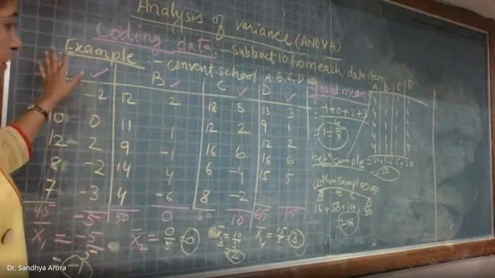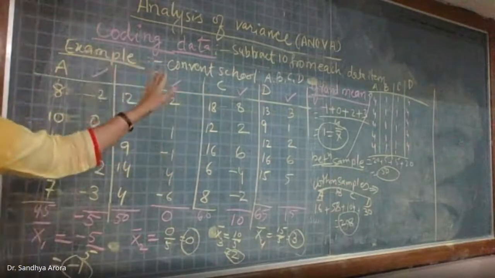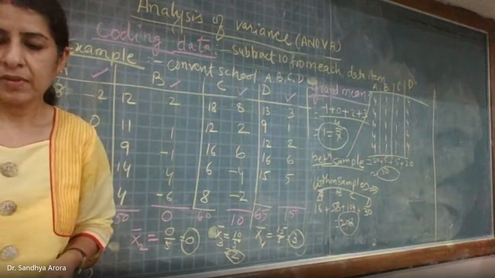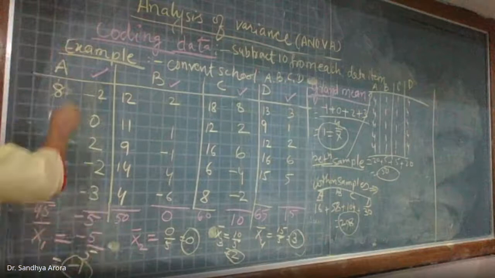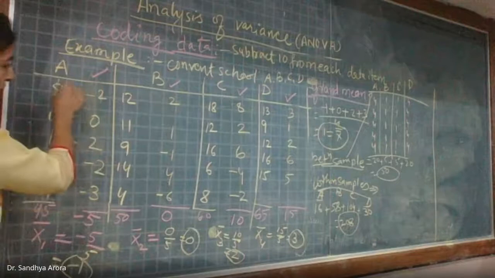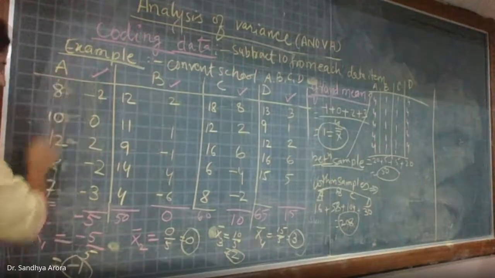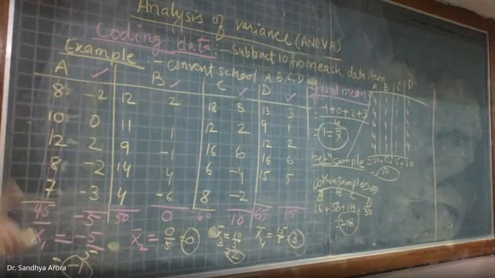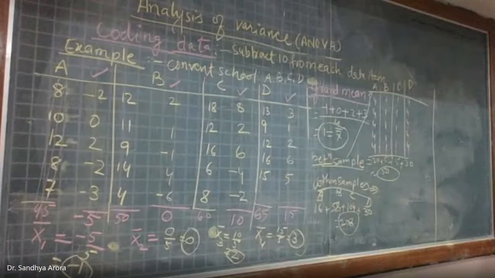Okay. So what you did is you coded this data. Now on this coded data, you can apply the shortcut method also. Are you getting me? Your original data was this. You changed this data to appear like this. Now, what we did in the earlier example is we applied the shortcut method on the original data. You can apply the shortcut method on coded data also. You will get the same result. In coded data, the shortcut method will be even easier. Can you try doing this for your practice? Yes, ma'am. Yes, do it please.